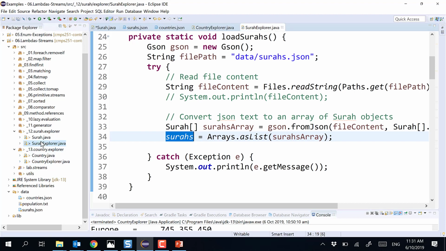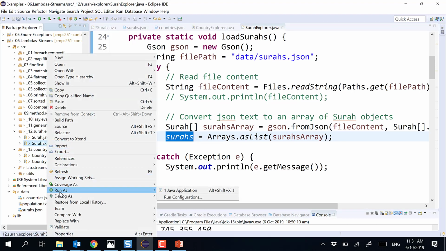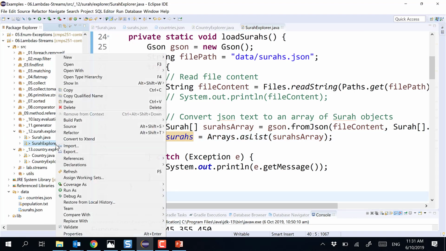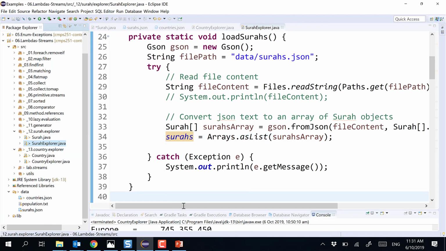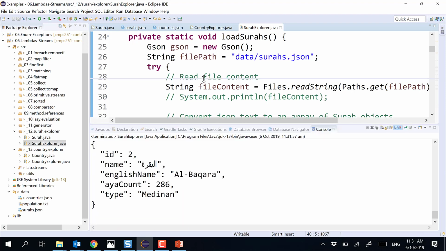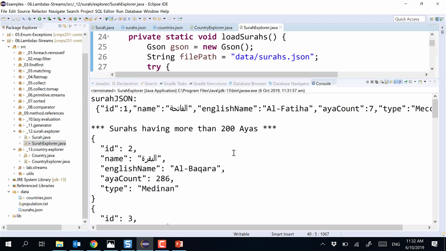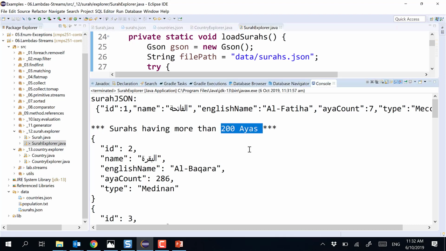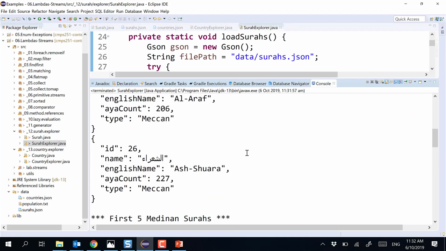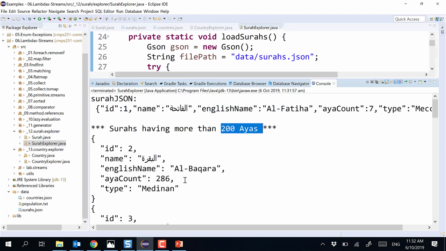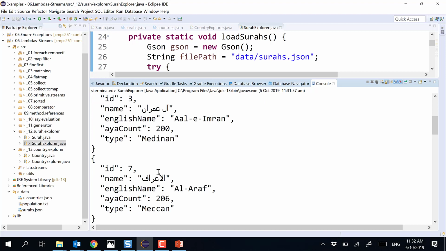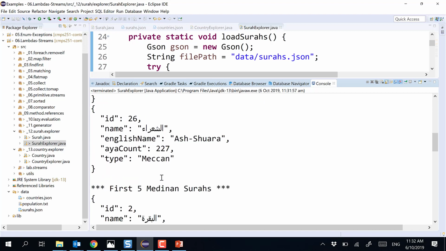Let me go here. I can right-click and run this program. You can see what this program gave me. It gave me, for example, all the surahs where the ayahs are greater than 200. How many surahs do we have? 4 surahs. In the whole Quran, we have 4: Baqarah, Al-Imran, Al-A'raf, Al-Shu'ara. It answers this question for me: 4 surahs have more than 200